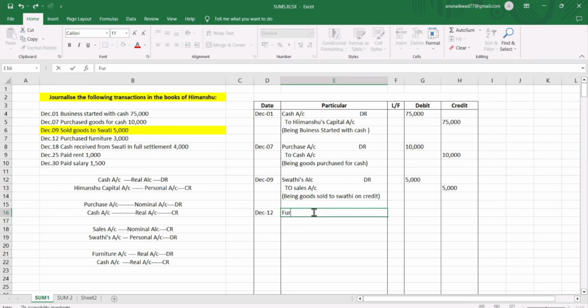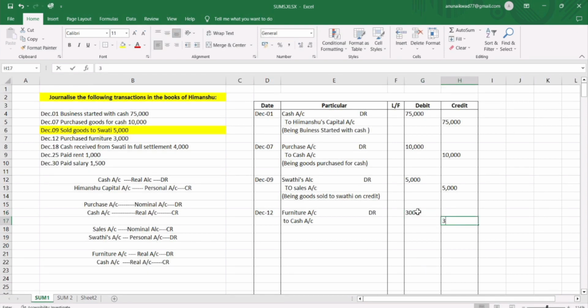Furniture account debit to cash account rupees 3,000. So being purchased